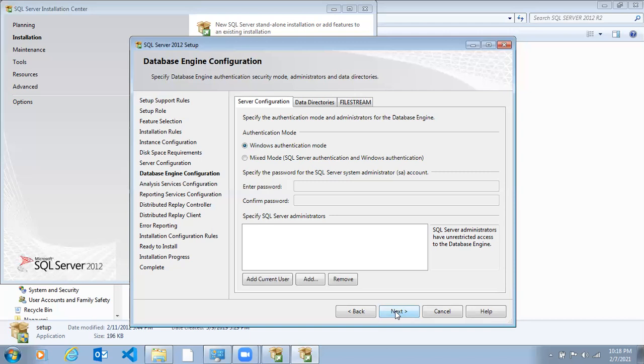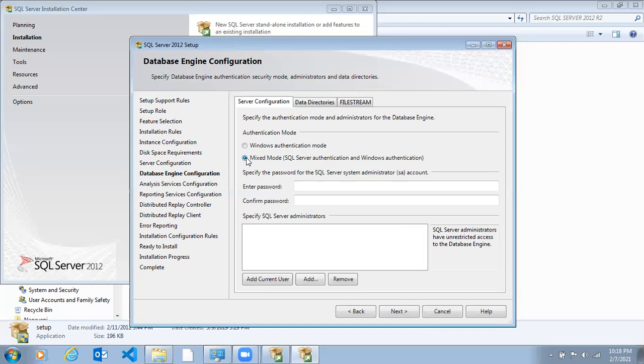Here for SQL Server also, there are Windows authentication and mixed mode authentication. These are the default options given by SQL Server. If you choose Windows authentication, to log in to Microsoft SQL Server it will by default take the Windows login username and password, and with that it will allow the user to connect to the SQL Server. For mixed mode authentication, the user can log in with Windows authentication as well as SQL Server authentication.